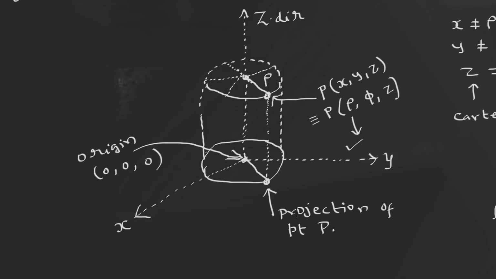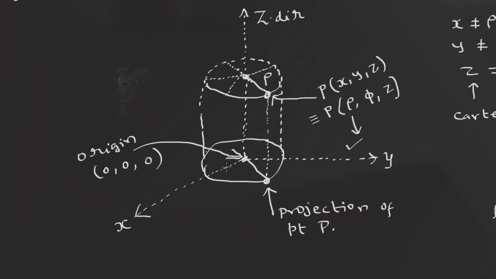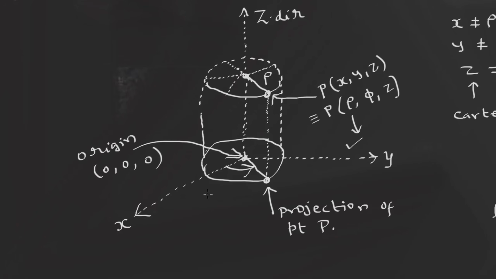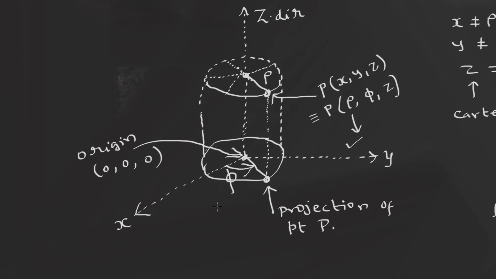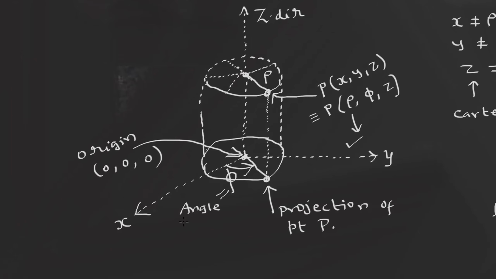Once you finish doing this, you have to measure the angle from the x-axis. So this is the x-axis. From the x-axis, you measure the angle from here to this line. I'll put an arrow here. You see the arrow is there. This arrow represents the direction in which the angle is measured. This particular angle is known as phi. So now I'll put the symbol phi. This is the angle measured from the x-axis.